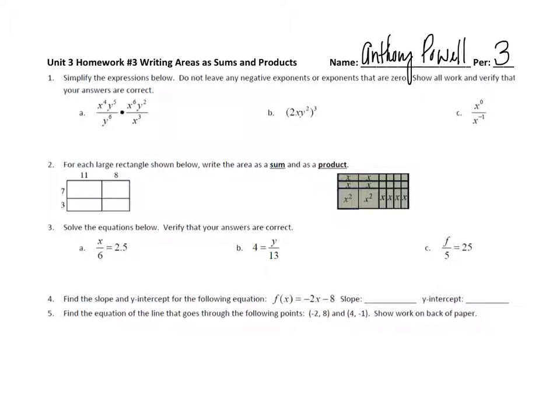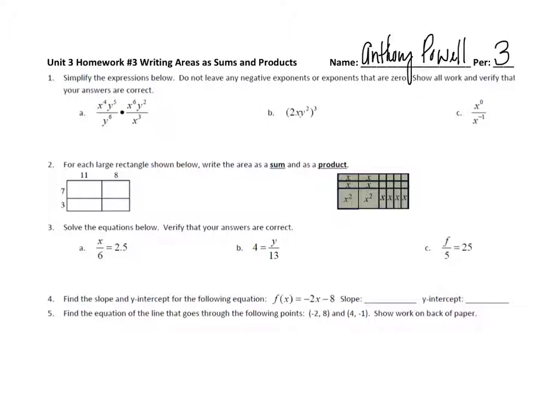Alright, let's look at question 1. It says simplify the expression below. Do not leave any negative exponents or exponents that are 0, and show all your work and verify that your answers are correct. Alright, A says x to the 4th, y to the 5th, over y to the 6th times